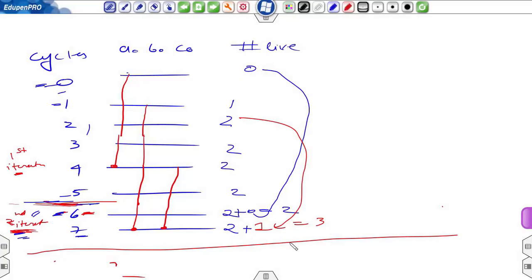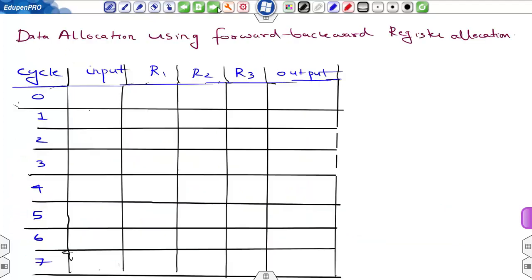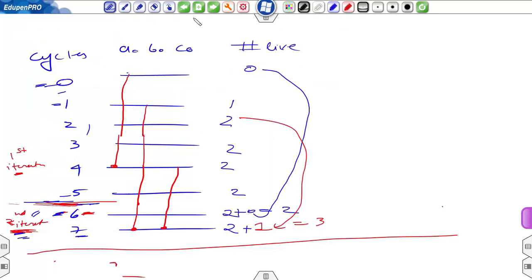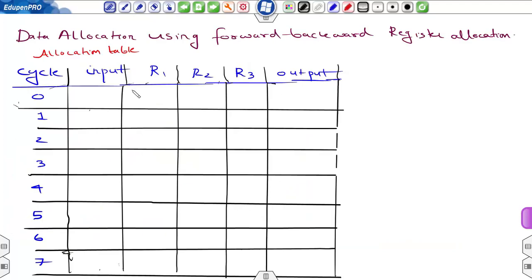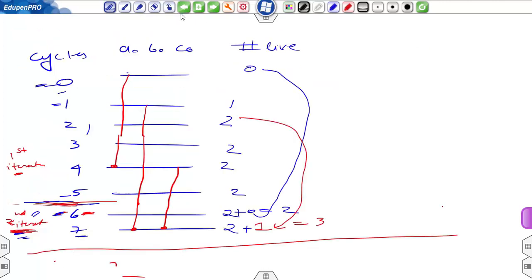So after determining the minimum number of registers required to implement this program, this is 3. So the data need to be allocated to these registers now, and this is done by the forward-backward register allocation technique. This can be performed using an allocation table. This is the table for this corresponding data. So 3 registers are required: register R1, R2, R3, and the variables A, B, and C will be appropriately assigned